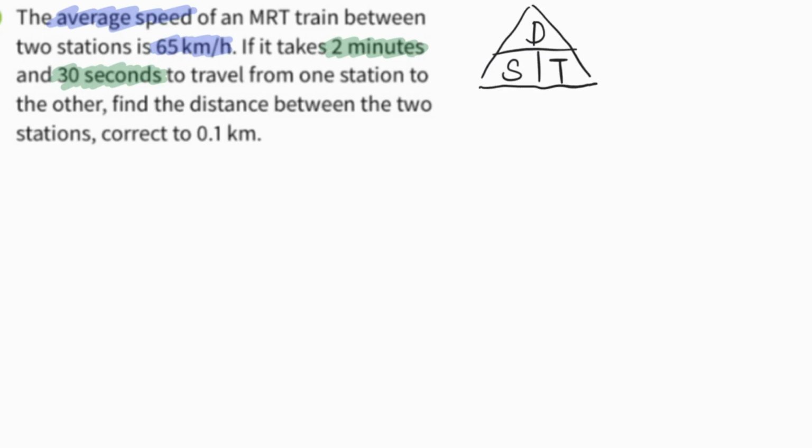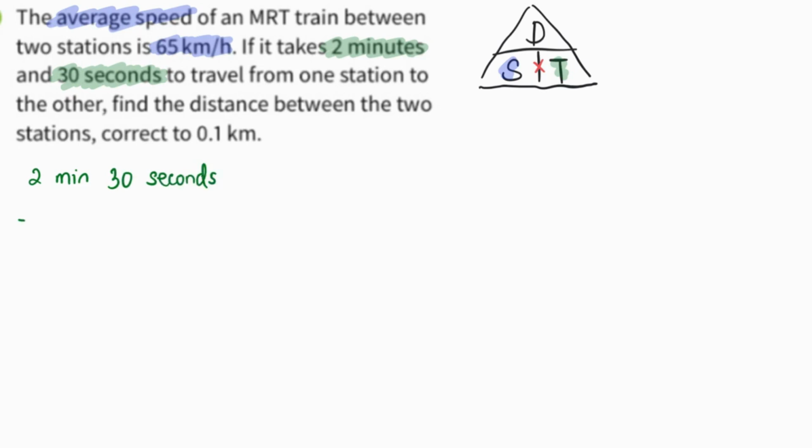So I got speed and I got time. So I just need to multiply them together, yeah? But before that, do take note, the time is given in minutes and seconds while the speed is given in kilometer per hour. This means that before I multiply them together, I must first convert the 2 minutes 30 seconds